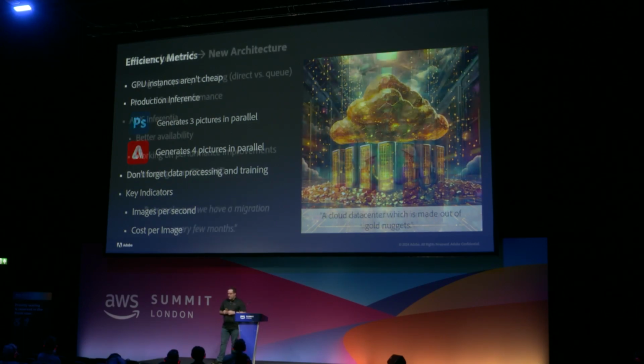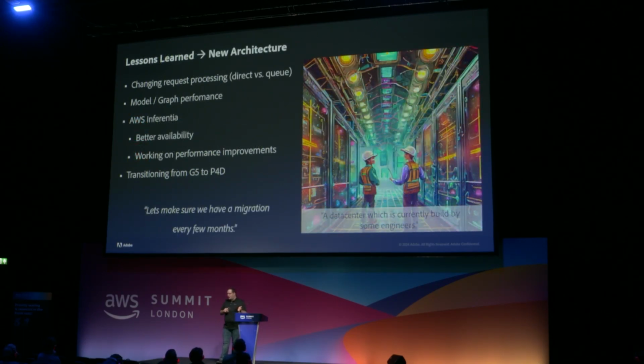So we continue the journey on learning about things we wanted to change. So we changed the way we process, right? Before we had requests coming in, just being processed. Now we queue them and look for free workers because we want to go into reconfiguring our clusters at runtime and say, look, the demand curve is changing. So we're going to balance the number of models of a certain type in the clusters going forward. We're looking into Inferentia because it has better availability, but we also need some performance improvements here on our own